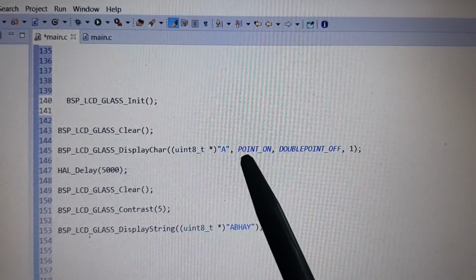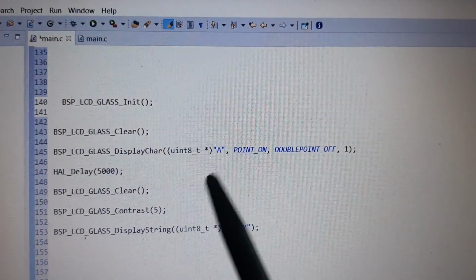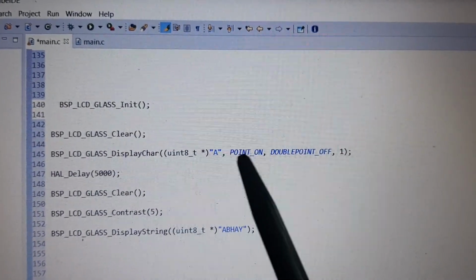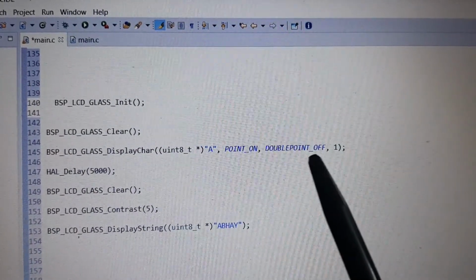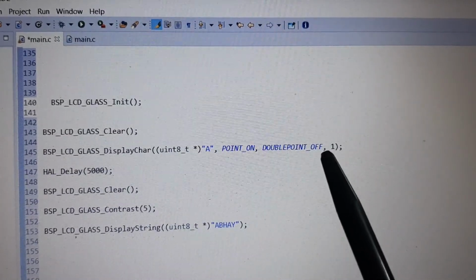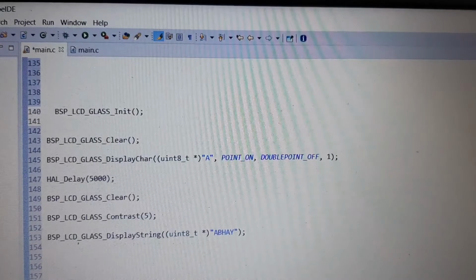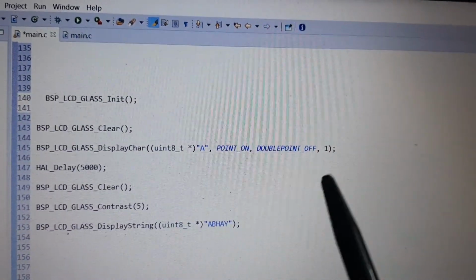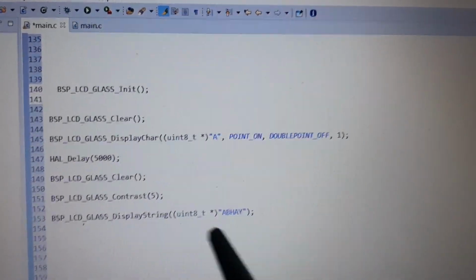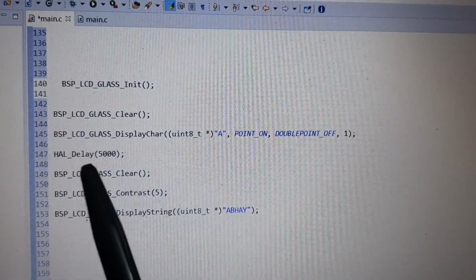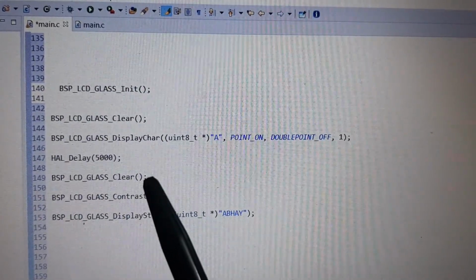If you want to include a point, a dot, it will be represented by a dot, and if there is a colon after it, you can also use this. And this is the position: there are 6 positions on the LCD, so it will be using the second position. It is 0 1 2 3 4 5. Then I have included a delay of 5 seconds, then again clearing the RAM.